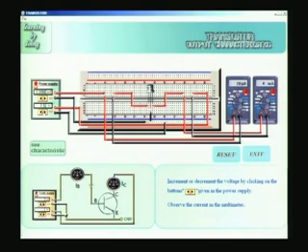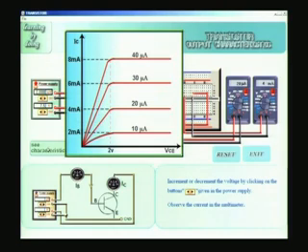So, I can keep doing it for different values of IB, and I have shown here the characteristics. You can immediately see when the IB is 10 microamperes, the IC is constant at 2 milliamperes. When the IB is 20 microamperes, it is constant at 4 milliamperes, etc. And this is exactly the characteristics that we saw in the previous case when I discussed the output characteristics